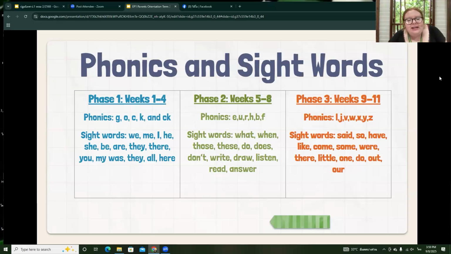For phase 3, we will be discussing letter sounds L, J, V, W, X, Y, and Z, along with sight words like said, so, have, like, come, some, were, there, little, one, do, out, and are. Next slide, please.